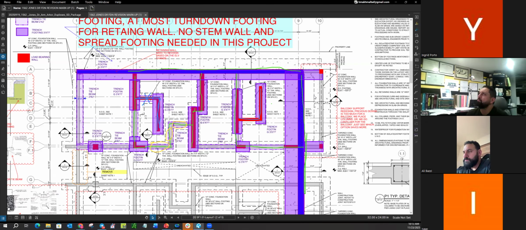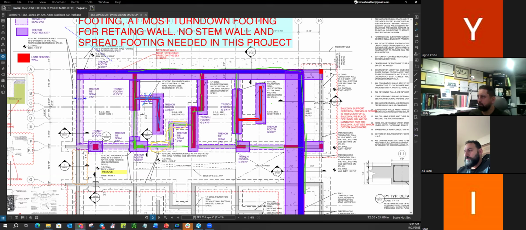So my question for Ellie is, do we need the same size of footing here as the one here? Sorry, I have to wait. Let me annotate. I sent you in the email the floor plan. I have the one for the permit, but I don't know if I'm allowed to send that one. But I sent the other one to you right now. Isaac, keep going, and I'll pull it up in a few seconds while you're talking.